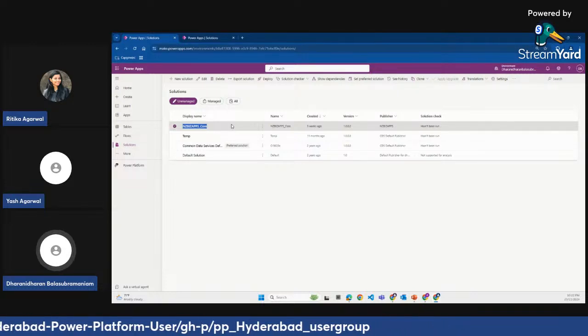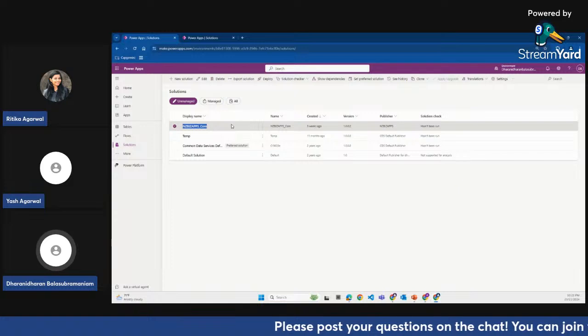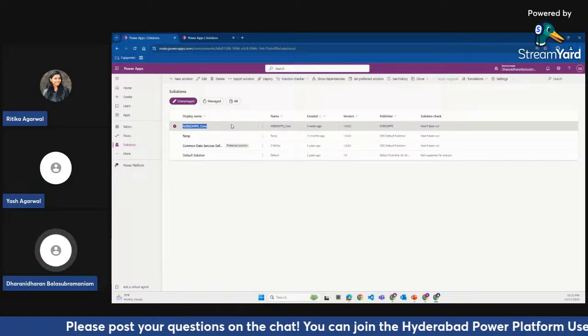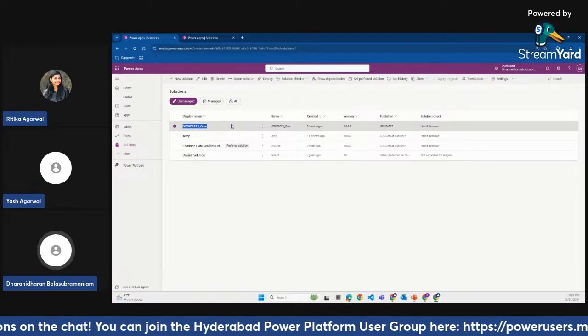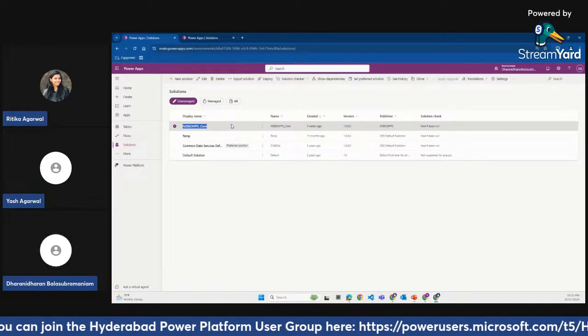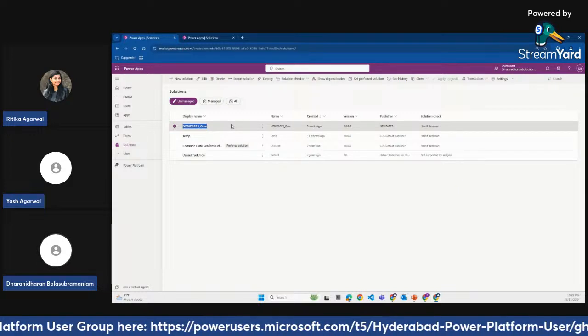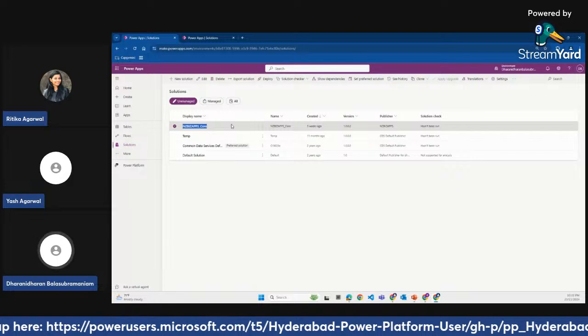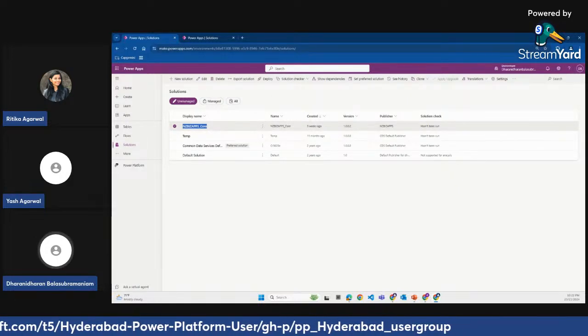All the default environments have that default prefix of new, so it will create all the components with new, and you won't be able to easily identify who has created the particular component. So it's always better to create, add and remove the components from the solution. Don't create any components outside the solution, because of this publisher part. I would recommend you create and add components inside the solution.